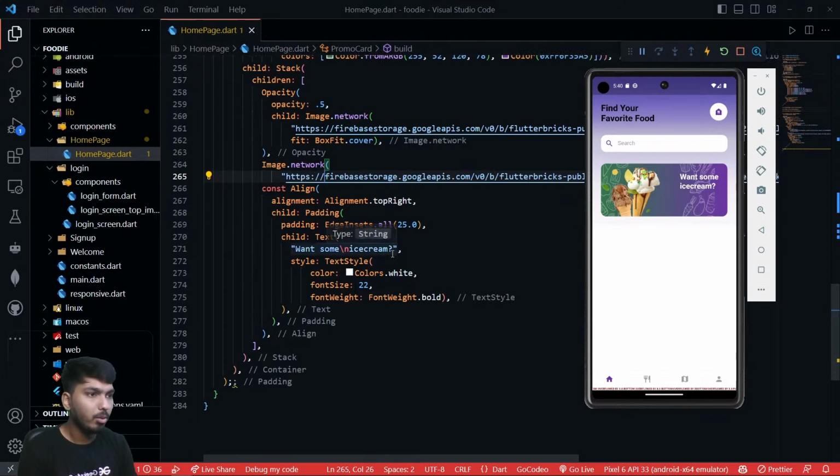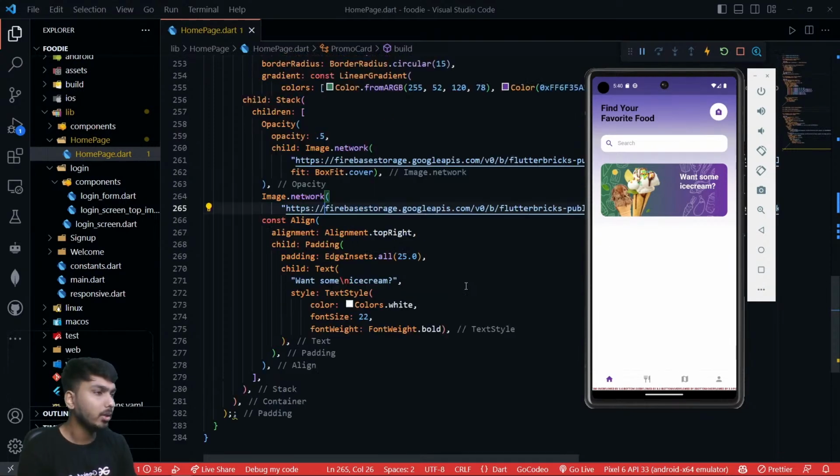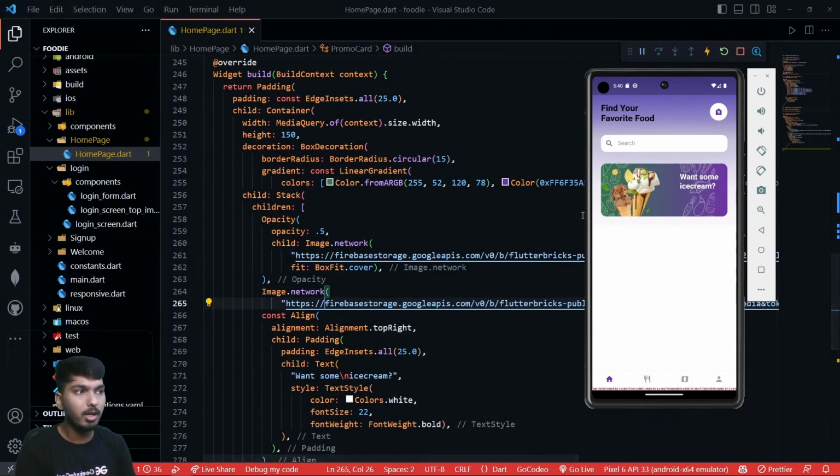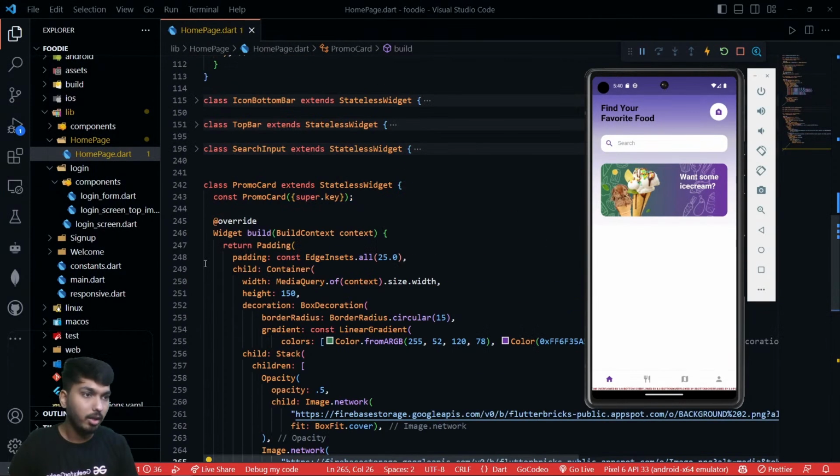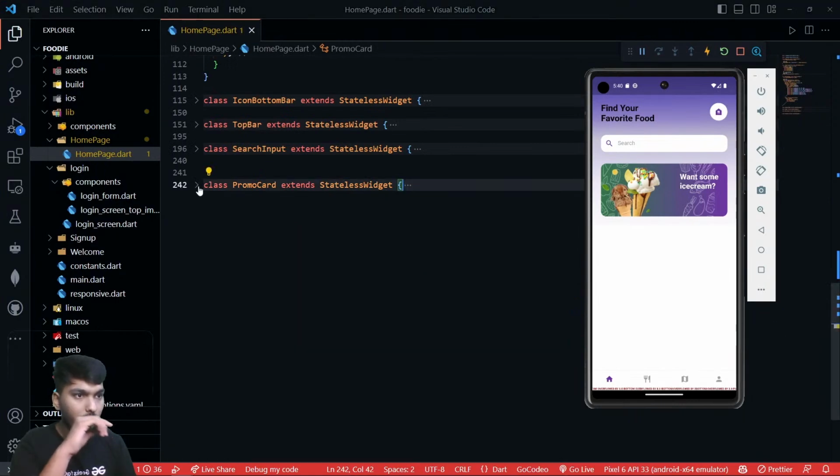And then I want more ice cream apart from that side. Okay, so this will look like this part. Okay, so we have even specified an ice cream over here. Now, after writing this promo card,